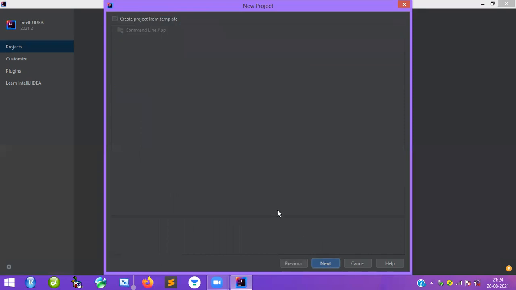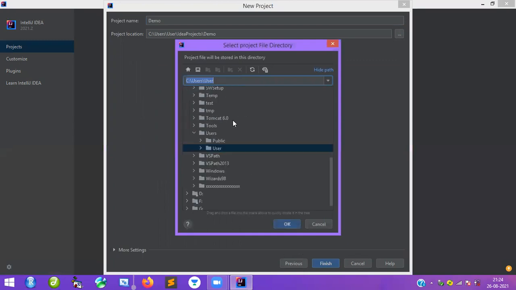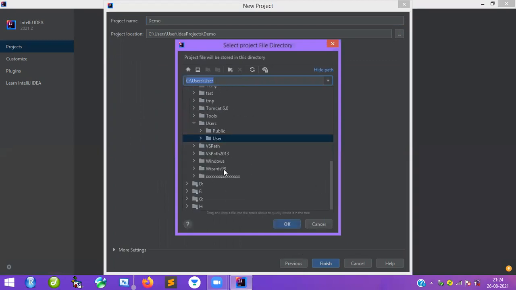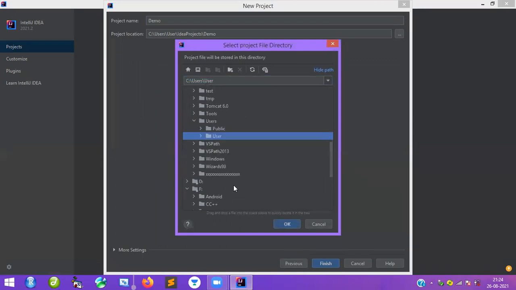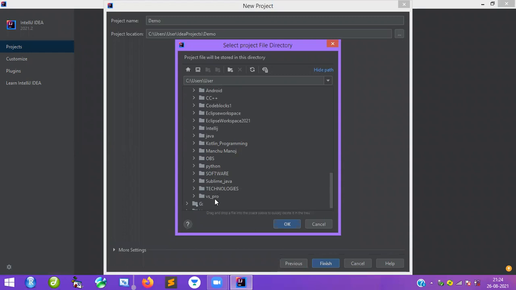Again, not required. I do not want to create any template here. I just want to put the title of the project, saying demo project. Then I am going to change the path over here. In the F drive, I am going to place it in a folder called C until J. So this is better, I will place it here.